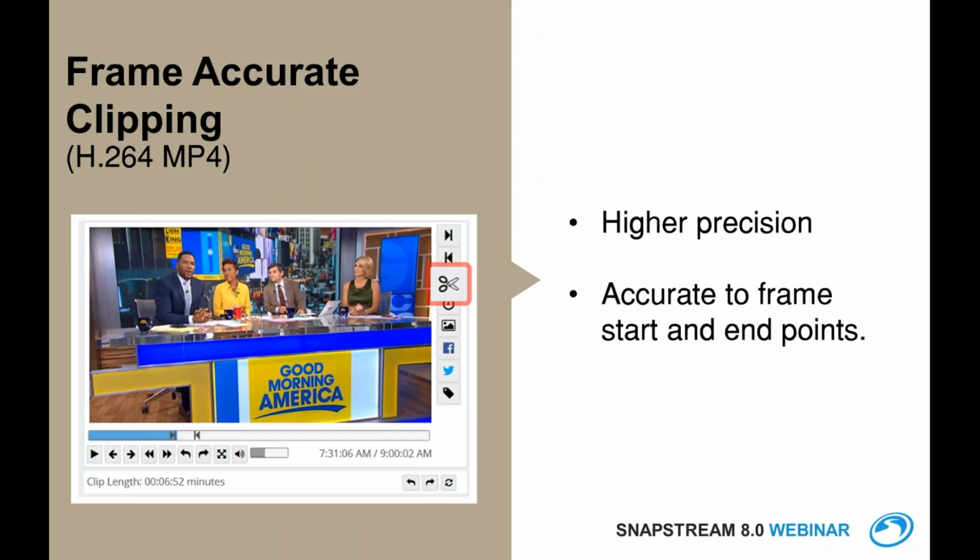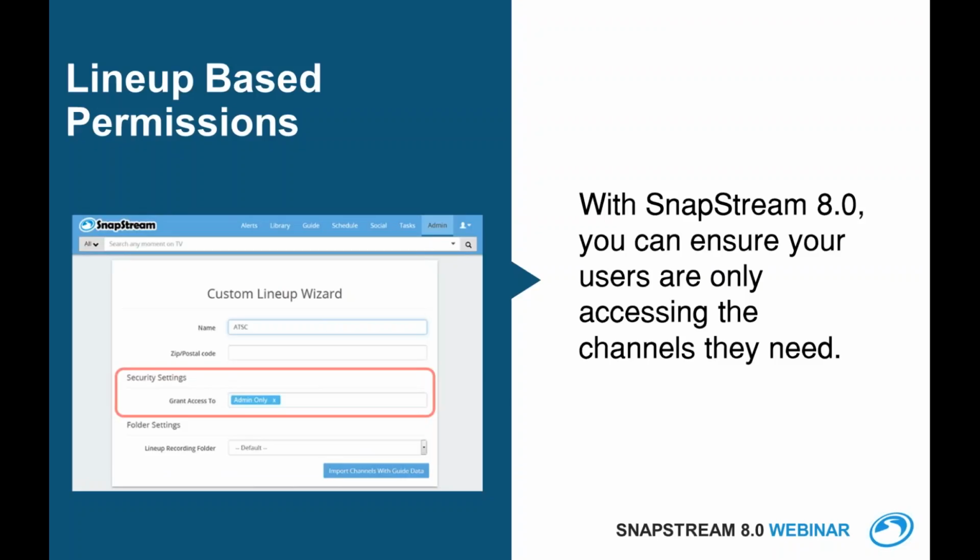Now, the last thing that I want to show you here before we actually dive into the software is something that I think is going to be a big feature as we roll it out to our users: we now have lineup-based permissions. So with SnapStream 8.0, you can ensure that your users are only accessing the channels that they need. For instance,